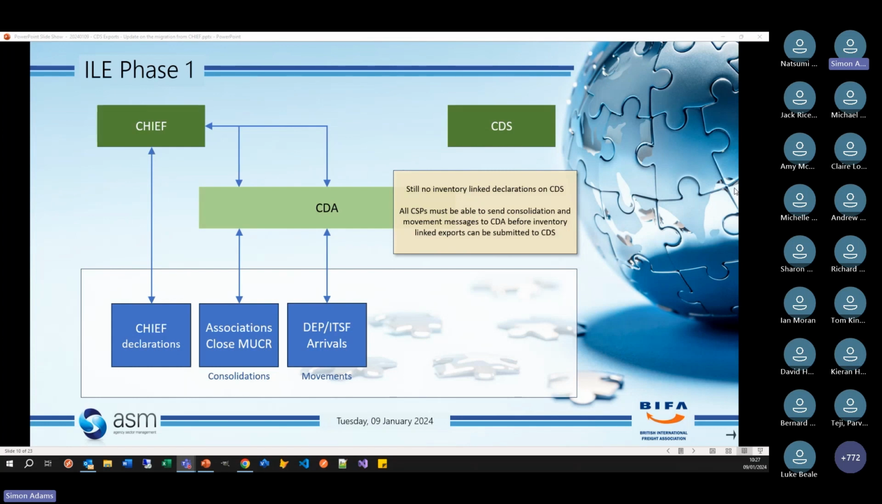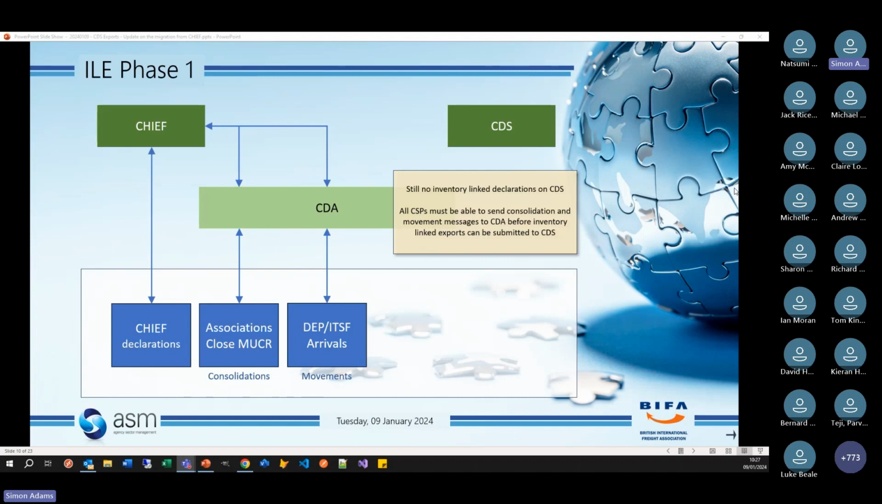All the CSPs have to be in a position where they can talk to this CDA component before inventory linked exports can be declared to CDS. So that's what's happening at the moment. All of the CSPs involved in the process,